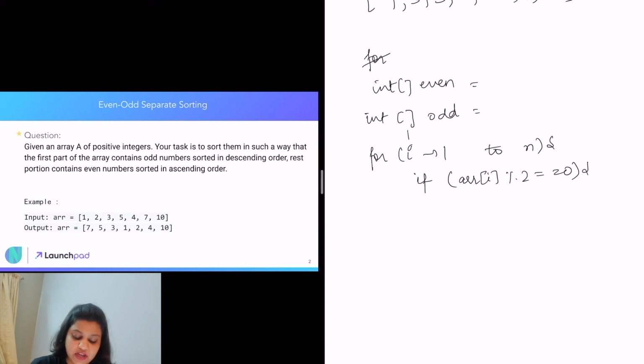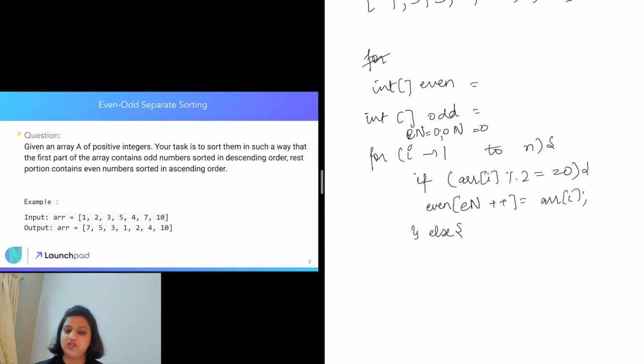So for even and odd we have two indexes, else if it's not even, it's odd, so we will add it in odd.